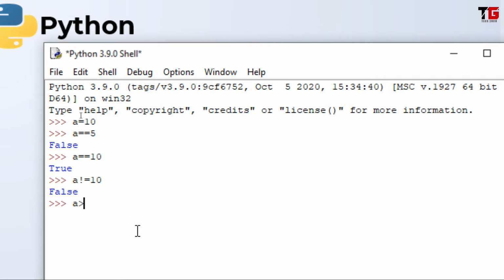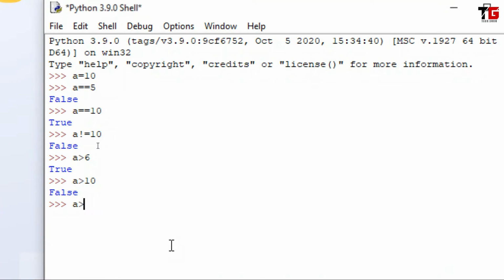Friends, next is greater than sign. A is greater than 6. Right now value of A is 10 and I am comparing it with 6. So I will get true result. Value of A is 10 and I am comparing it with 10. Is 10 greater than 10? So this condition is false. I will get false result.